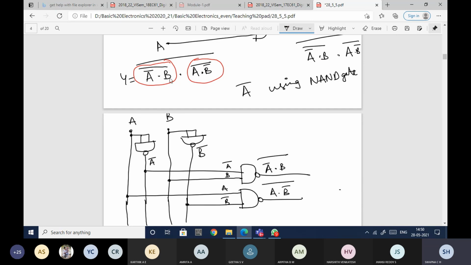Now I need to implement both. Both in the sense, this dot this whole bar. So this dot this, if I give it to the NAND gate, I'll get this and this with a bubble. I'll write it down: (A bar dot B)whole bar dot (A B bar)whole bar, whole bar. Is it clear? Both the inputs, this input dot product, and a bubble, whole bar. So this is nothing but y here. Is it clear?